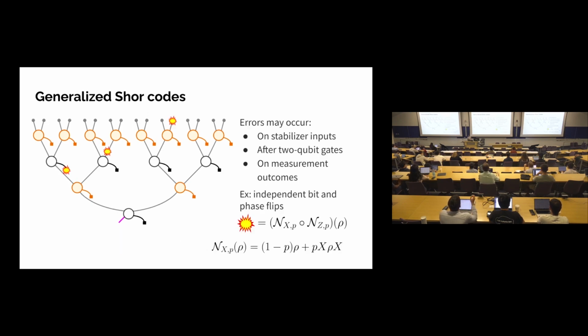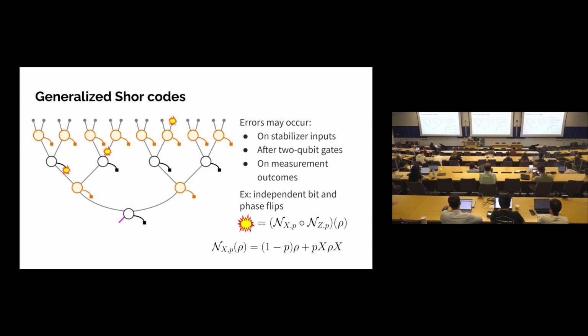Now, of course, errors can occur anywhere in this encoding circuit. That's why we need fault tolerance; the basic job of fault tolerance is to deal with these errors. In particular, in the circuits that I'll be describing, we could have errors on each of these fresh qubits that are being fed in at each layer. They could occur after 2-qubit gates, and they could also occur on the measurement outcomes, like when we